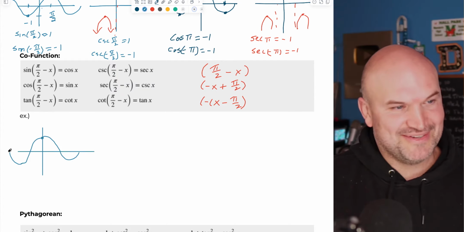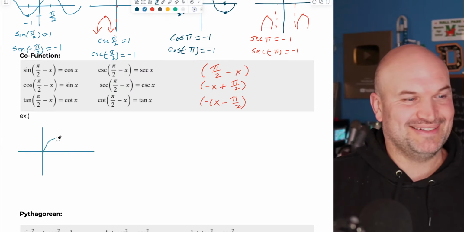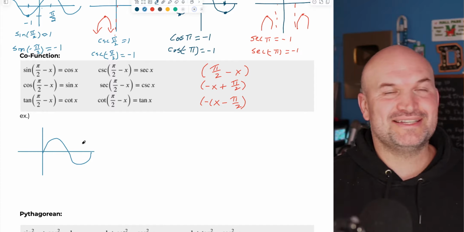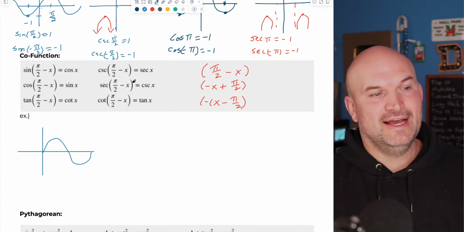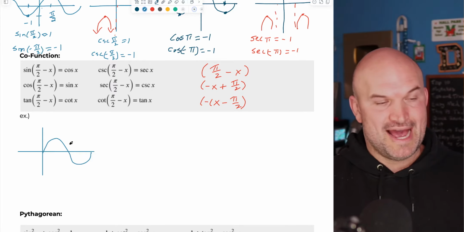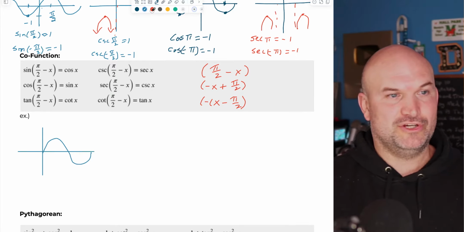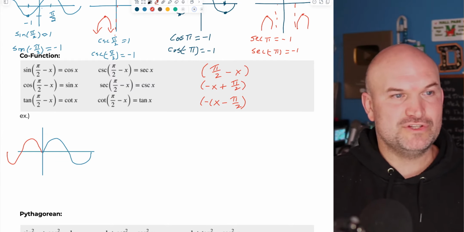We're not going to be perfect. That's not the sine graph. We're going to be wrong. We don't want to do that. All right, let's just take the initial period, okay? So if I take this initial period and I reflect this graph about the y-axis, basically what you can do is think about this graph now looking like this, okay? And then if you shift it pi halves over to the right,